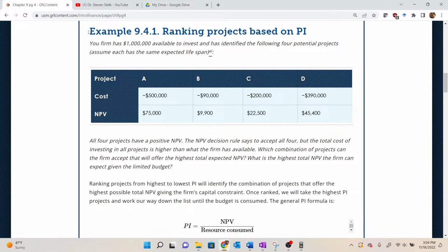9.4.1, ranking projects based on PI, or profitability index. All right, so before we go through the setup for this one and actually working through it, I just want to talk a little bit about profitability index and when we might want to use it and when it's helpful for us. So examples we've looked at before now have all been net present value, internal rate of return, and